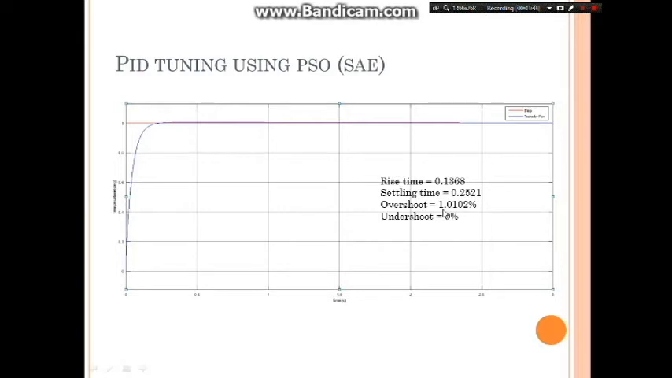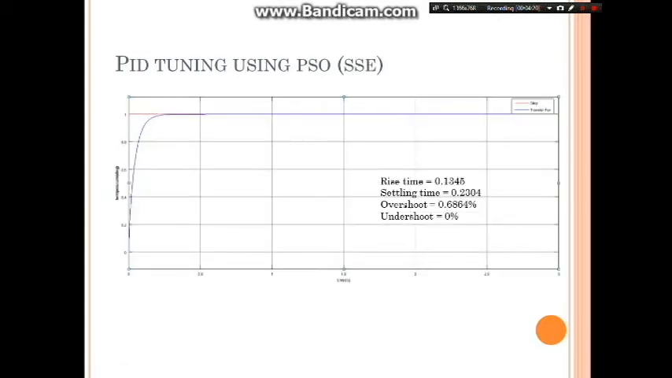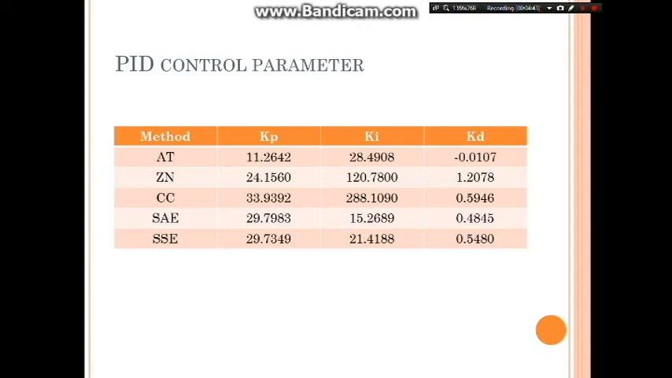Tuning PID using PSO with sum absolute error objective function, we got a response with small overshoot, which is 1.0102%, and the response time is fast, but not as fast as PSO with sum square error, because sum square error is faster than SAE, with a smaller overshoot percentage. This is the parameters obtained,